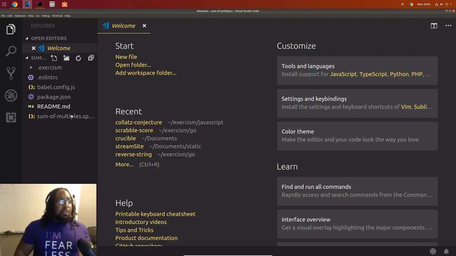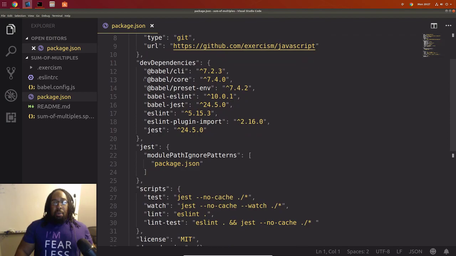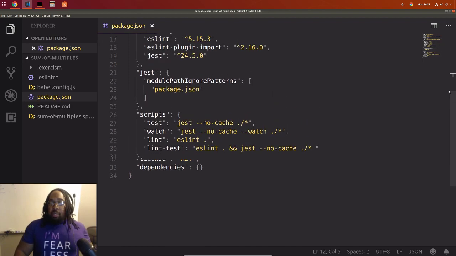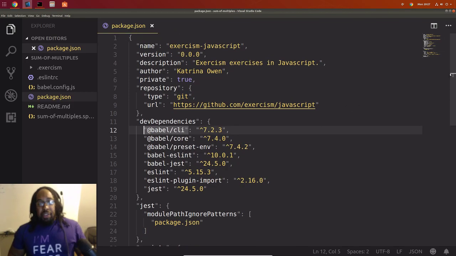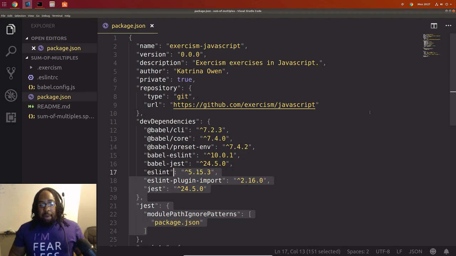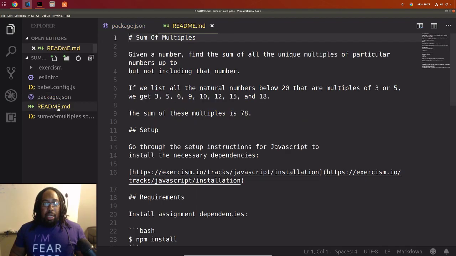So this is how you're usually going to get the files. You're going to look over to the left, you can see the files that the package gives you. In here we have some Babel stuff, some ESLint that's going to check our stuff, the package.json. This package.json for JavaScript files is a file that you can generate to set all of the dependencies that are required to run your code. Whenever someone runs npm install inside of the directory that this exists in, it will go through and install all of these things for me, Babel, ESLint, and the rest. And then we've got the README here.